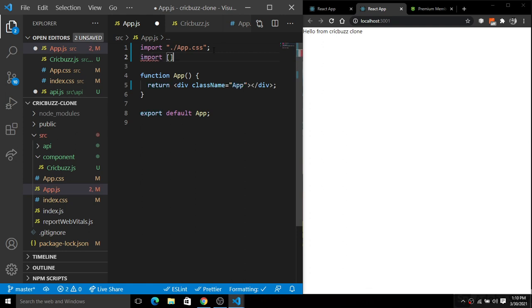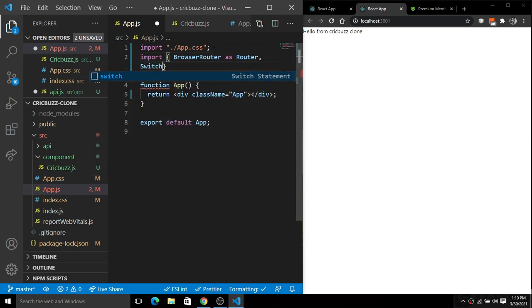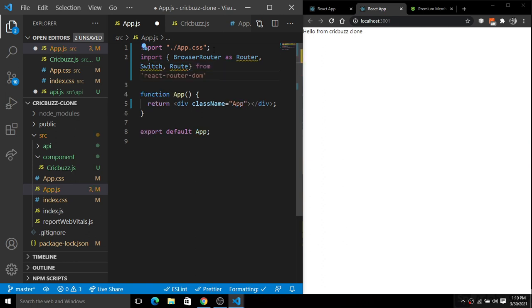So first of all, import browser router as router, switch and route, from react router DOM. So this is the exact way of doing this.